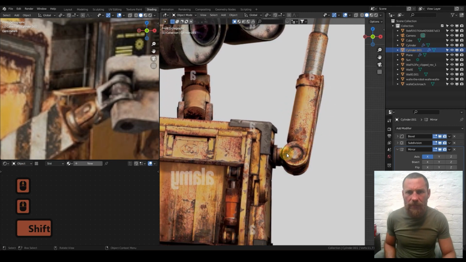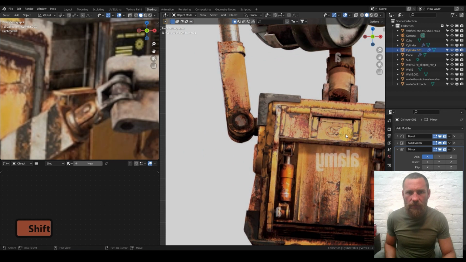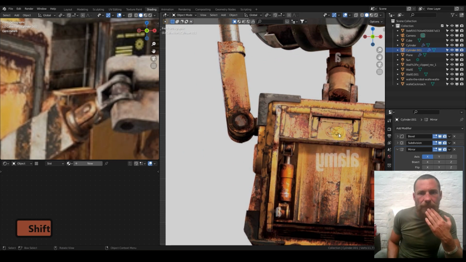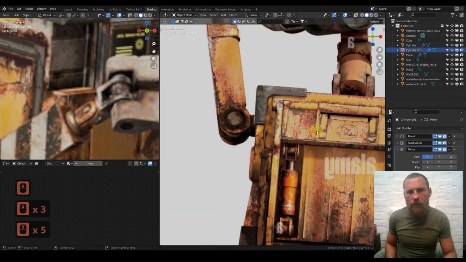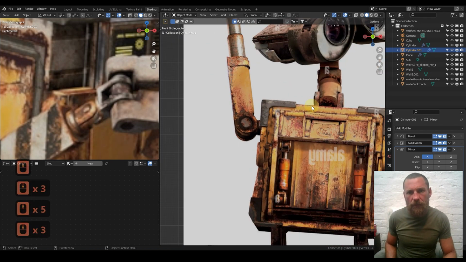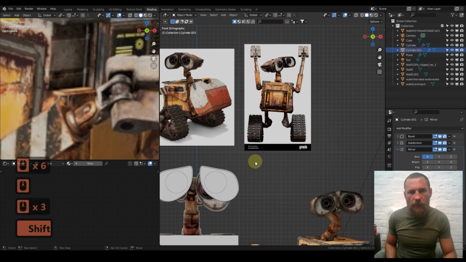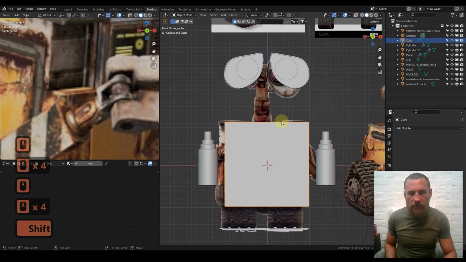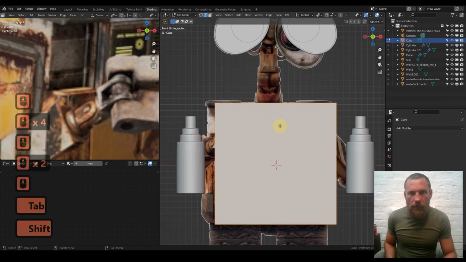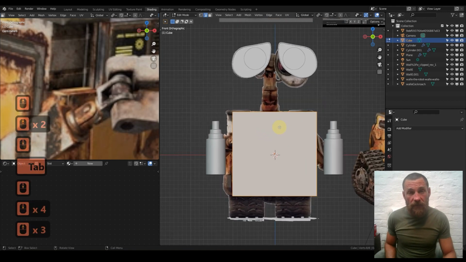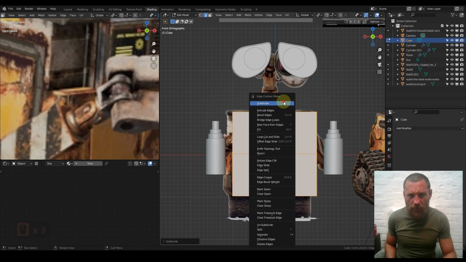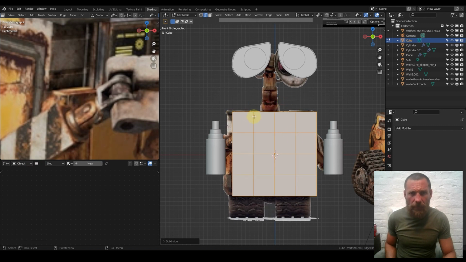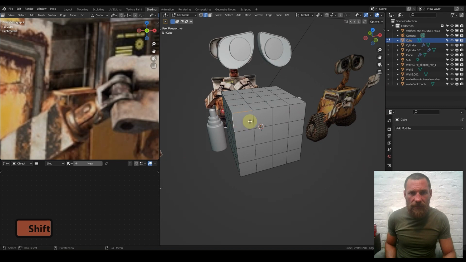Yeah, this looks like a separate piece, actually. I'm clueless yet how to do that. Oh, but there are these things that might look cool. Let's do that. Just add a bit of detail. This can be very simple to do actually. We are going to need to subdivide our cube maybe twice. Yeah. And then if we select these